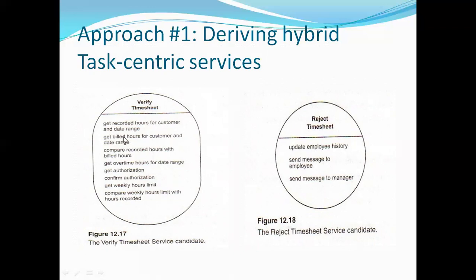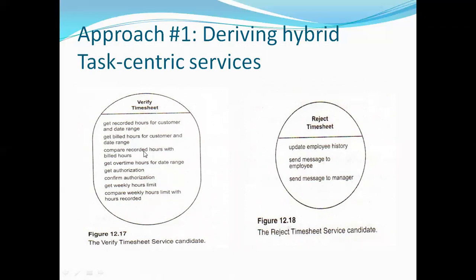This entry is taken from the timesheet, and this information is taken from the bill or invoice database. I'm showing you the database required for this application in my next video, part 2. Currently, we are analyzing the case.